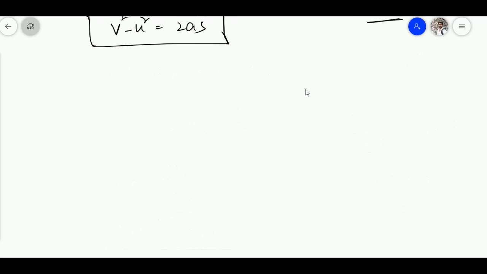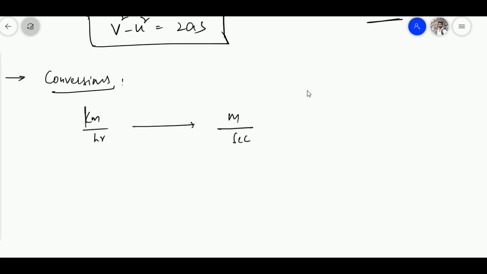Okay. It has been roughly 30 minutes. We have been discussing the basics, and one more basic we are left with is conversions. It will be very easy. I will take only one or two examples. If you want to convert kilometer per hour into meter per second, what do we have to do? And from meter per second to kilometer per hour, with a simple thing you will get to know.